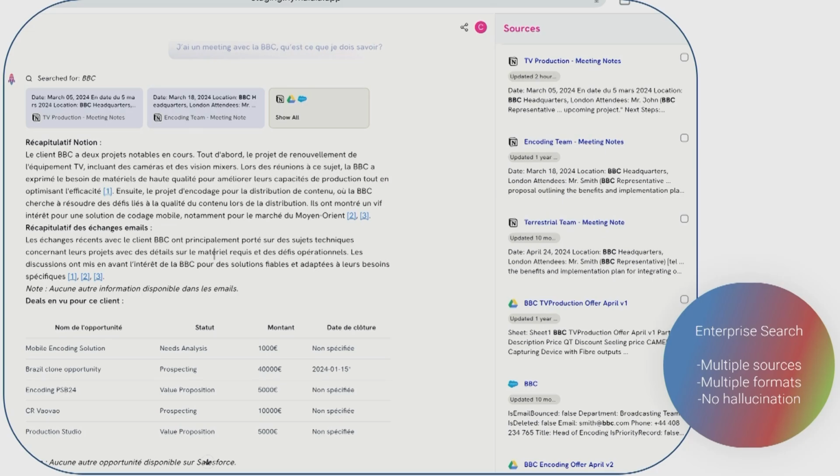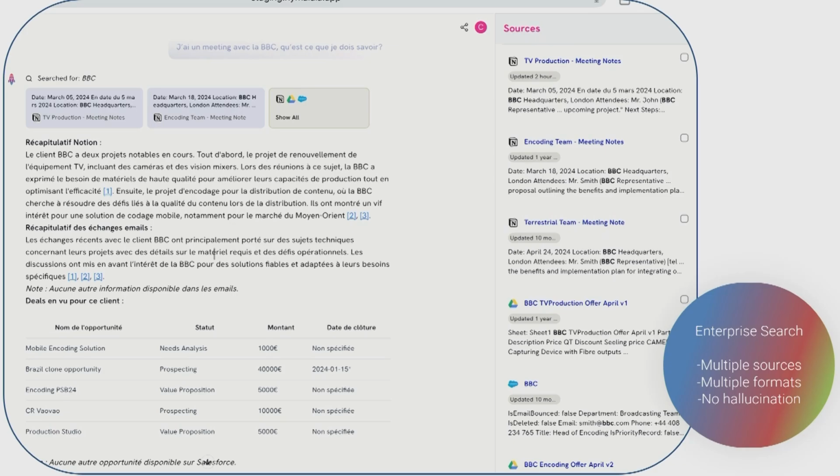What it will do is look at several sources, like Notion. It will create minutes of the last meetings from my mailbox, and from my Salesforce, all the opportunities, and be able to give me data with hyperlinks, so I can see the raw data to be sure there is no hallucination, and that it's really my data.